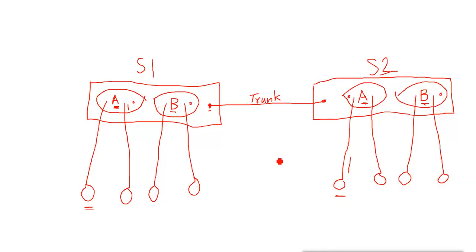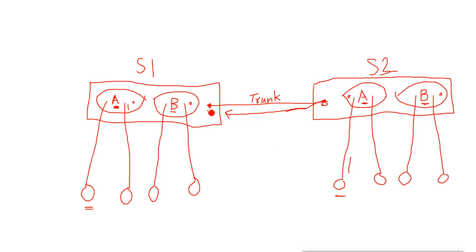What does that mean? Every port of the switch is on dynamic desirable mode. Now dynamic desirable mode means what? This port is desired to be the trunk. That means all the ports of the switches by default are desired to be the trunk. Desired to be the trunk means what? Suppose we connect this port to another switch, to this port. Now if this port asks this port, do you want to do the trunk, then what will this desirable port do?